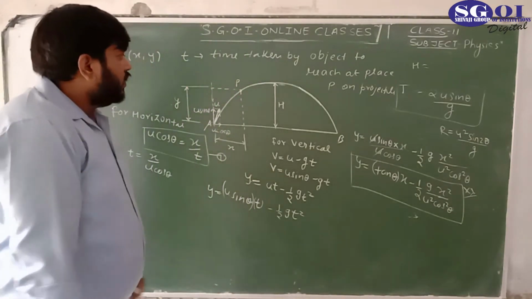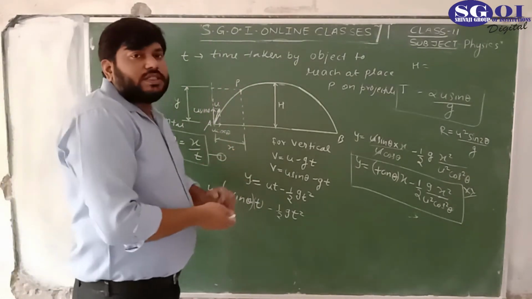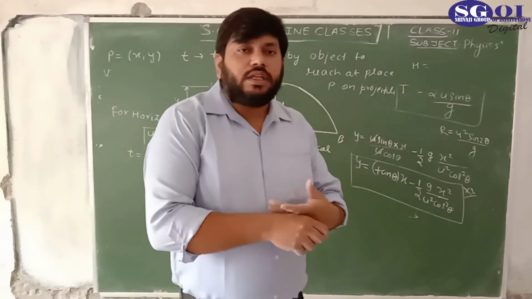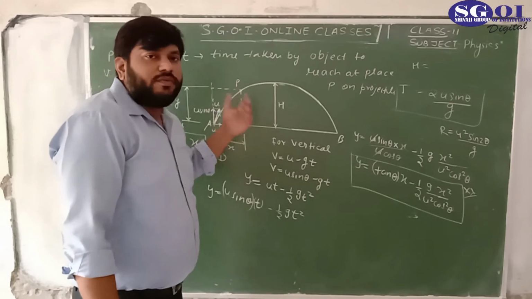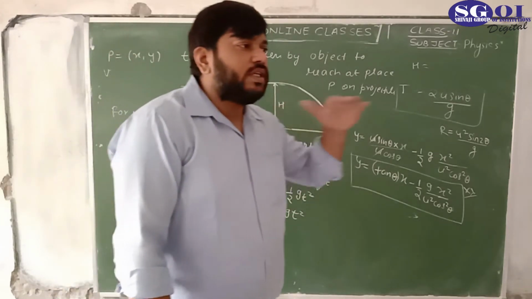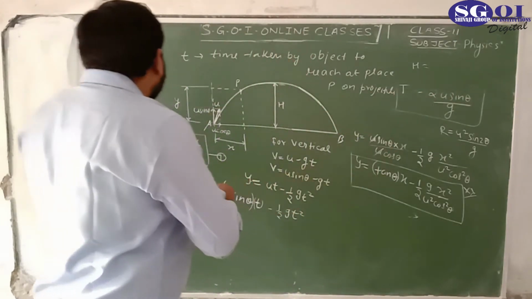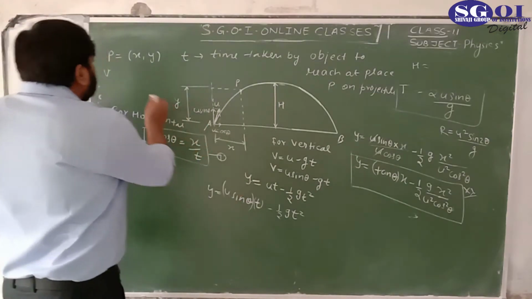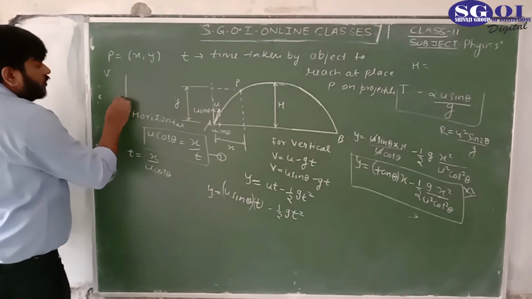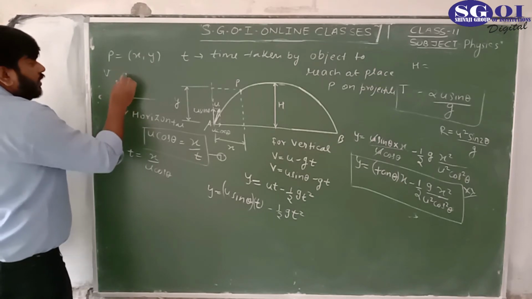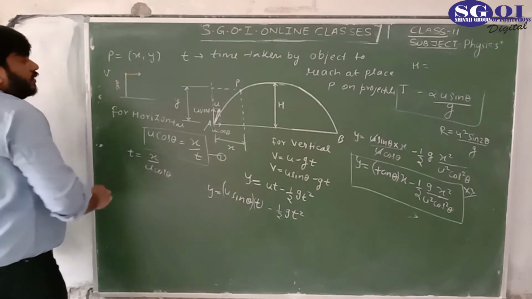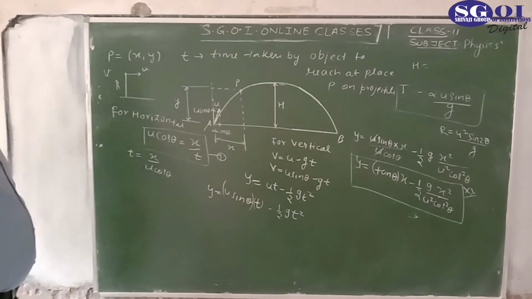One more thing, there could be different cases for the projectile, and this is one more example. In the previous video lecture we have seen the horizontal case, in which the object is thrown from height h horizontally with initial velocity u.